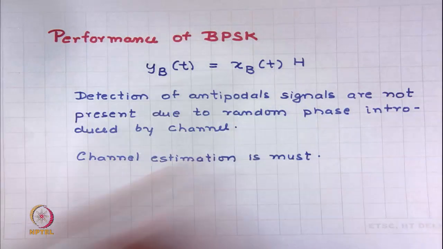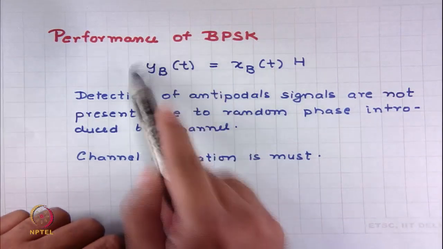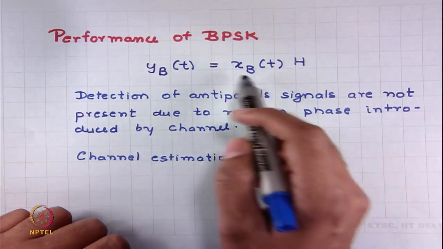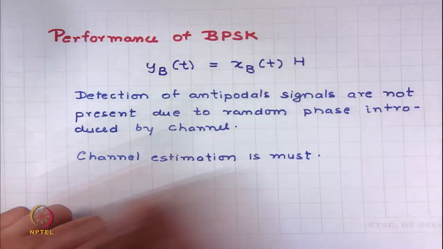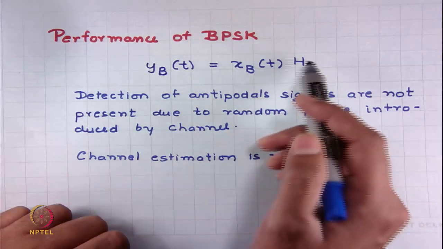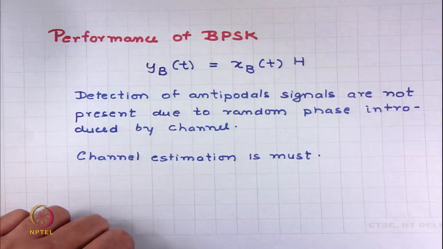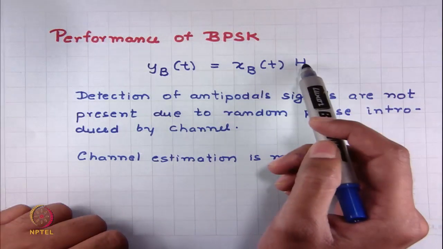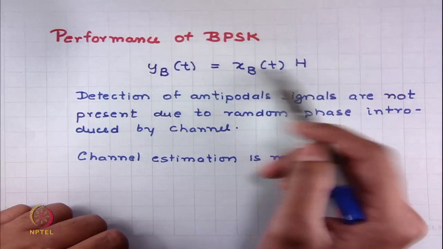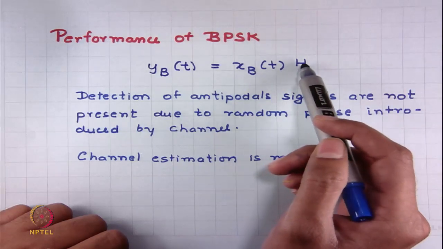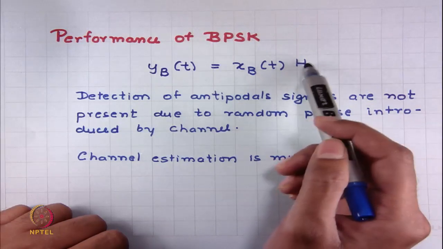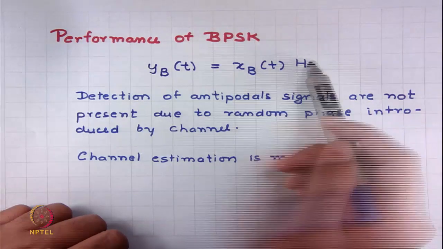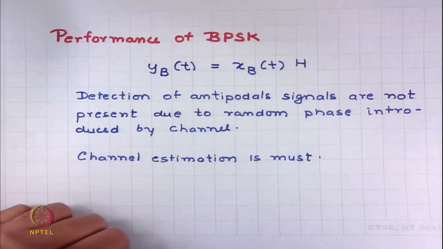So, let us look at what happens in the baseband domain. In the baseband you are receiving a signal yb(t), which is simply the transmitted baseband signal xb(t) multiplied by this h, the complex channel gain. Now, we have seen that this h induces a random phase because its phase is uniformly distributed. So, there can be any phase angle which this h can assume, and thus this yb(t) also can have any